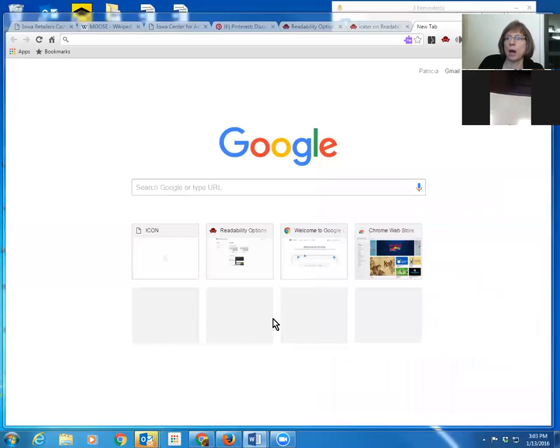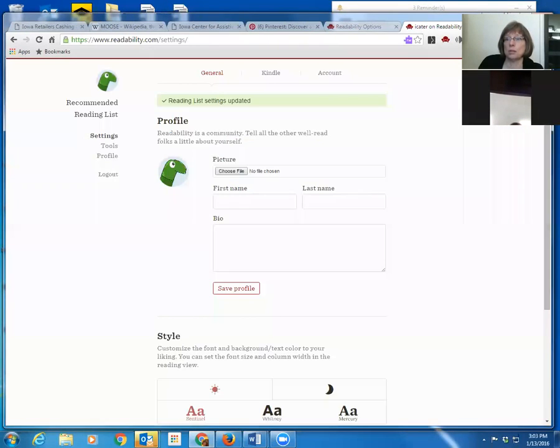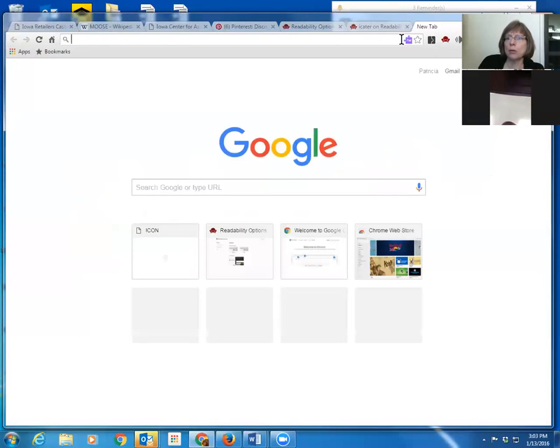extensions and apps. So you've got your information about apps, and this is where you're going to get into your web store and your Google Docs and all those things. But there are also something called extensions. Those extensions are little things that run on top of other applications. And today we're going to look at Readability, which is right here. It's this little red couch, and it says read comfortably when you